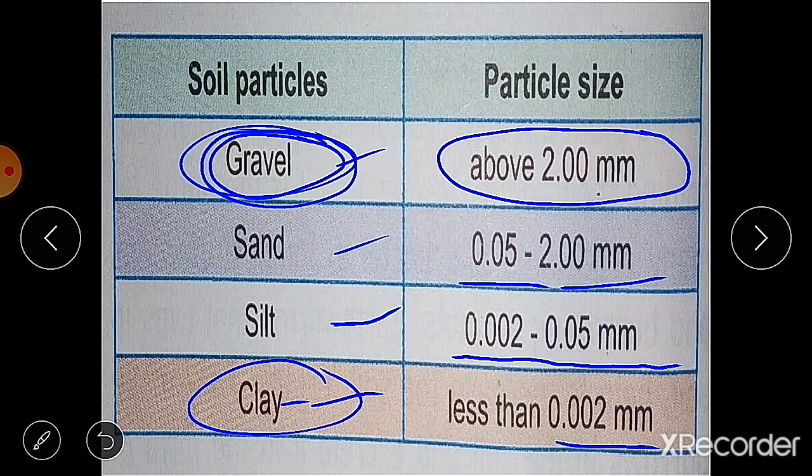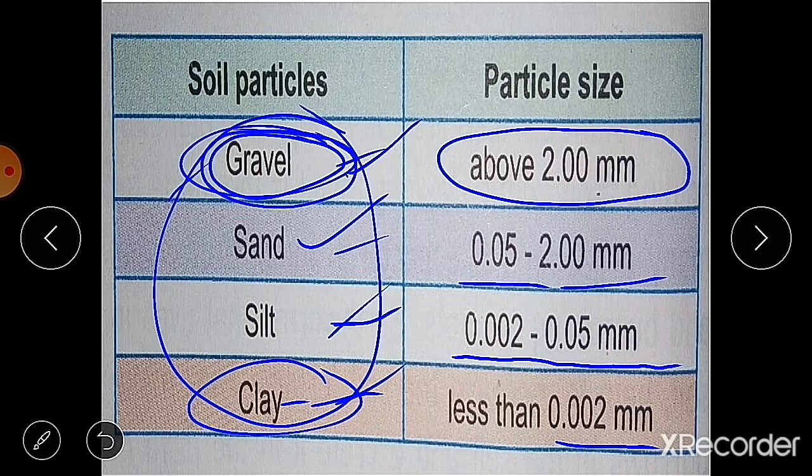The topsoil in any geographical area may contain one or more kinds of particles, means it can have gravels also, sand also, silt also, or it can have clay and gravel also, or it can have all the particles. It depends on the geographical area. The texture of the soil depends upon the relative proportion of these particles.